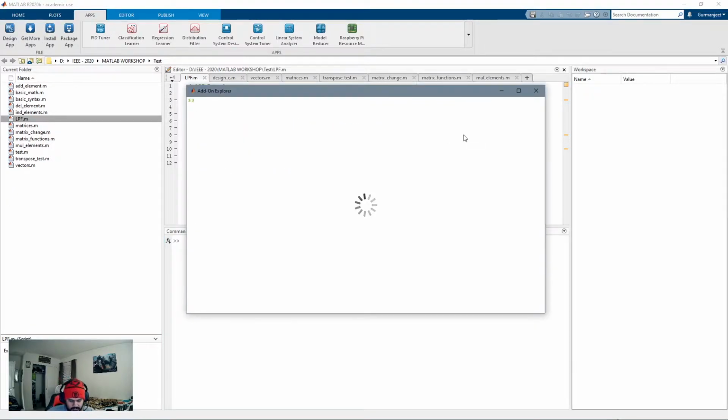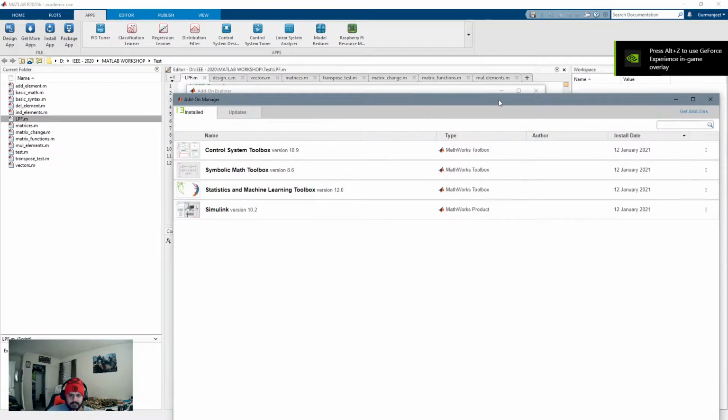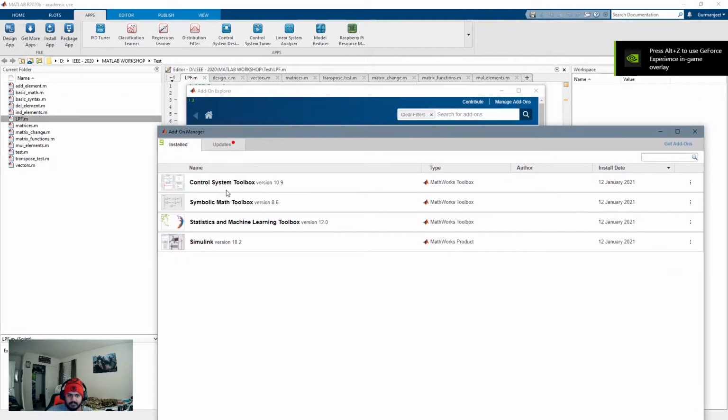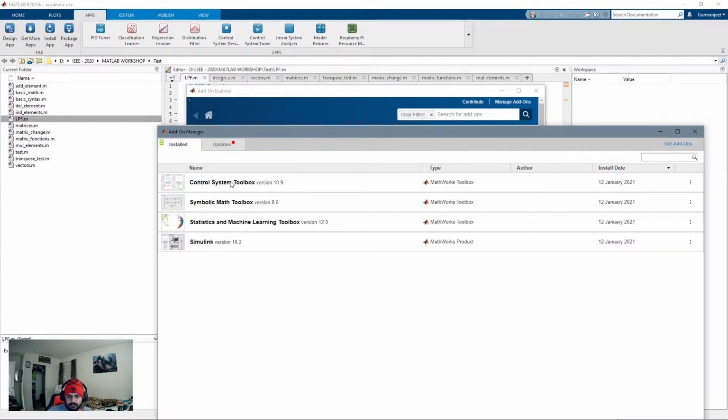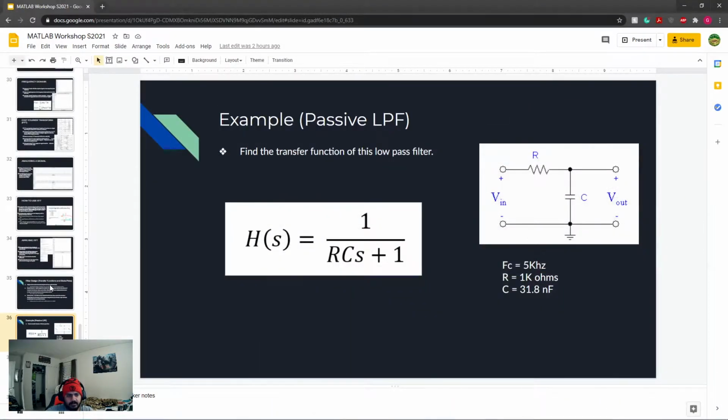Now, while this loads, you should just wait. It shouldn't take that long to load. As you can see, it loaded. So what you would want to do is click Manage Add-Ons, and if you already have the Control System Toolbox, you're pretty much set. But if you do not see this within your Manage Add-Ons, just search for Control System Toolbox within the search bar and actually install it. It should prompt you to close out of MATLAB and it'll actually install the whole toolbox. It shouldn't take that long, but after you are done doing that, you're pretty much set to follow along with